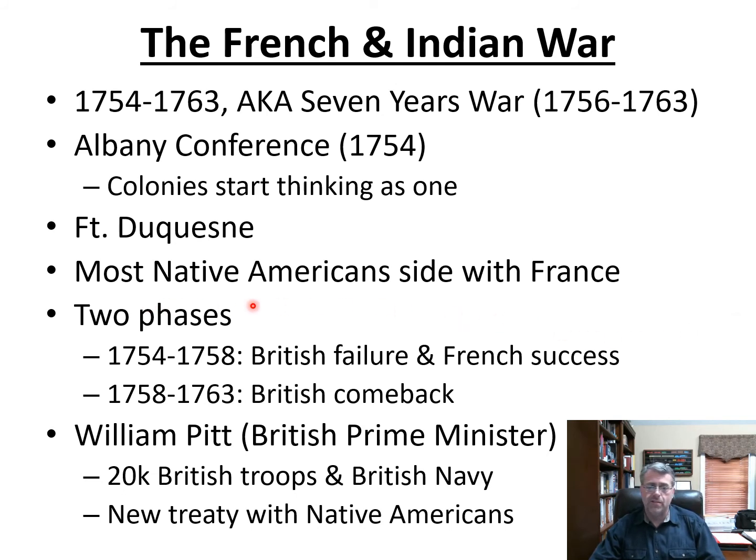Basically, when the war begins, for the first 3 or 4 years of the war, it's going to play out exactly the way it did in all those other wars. Characterized by British failures, British losses, and French success. And keep in mind, this is due in large part to the fact that in North America, the French have actual soldiers fighting on their side, and of course quite a few Indian allies, whereas the British are relying almost exclusively on militia and very few Indian allies. So for the first few years, this war is going to look just like all the others, with the French having most of the victories.